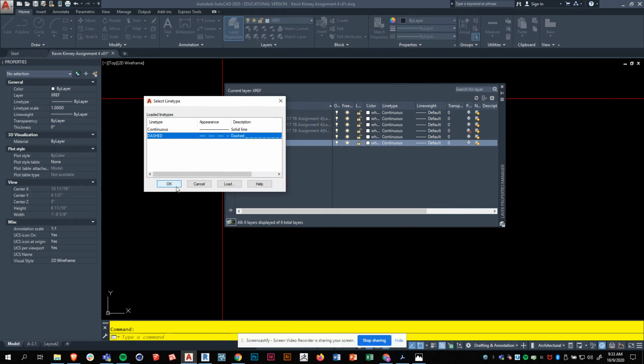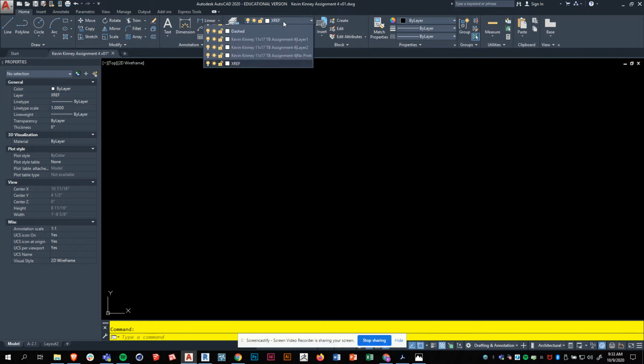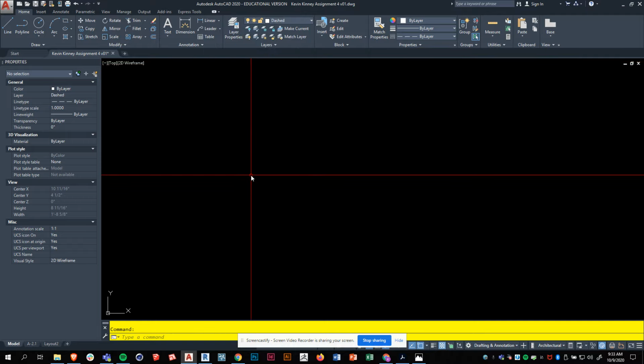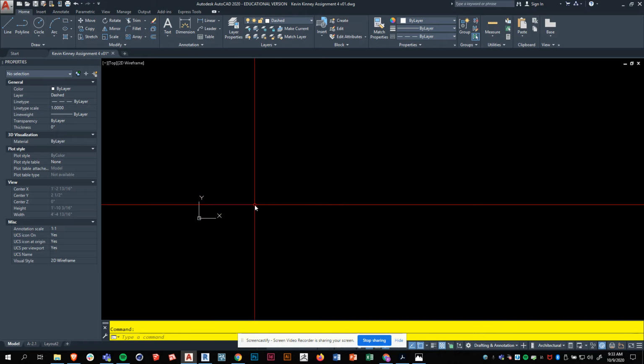I'm going to make sure I select it and hit OK so that it says dashed here. Okay, that looks good. Now I'm going to go to that layer, and I'm just going to start by drawing a polyline starting at 0, 0. So I'm going to do PL